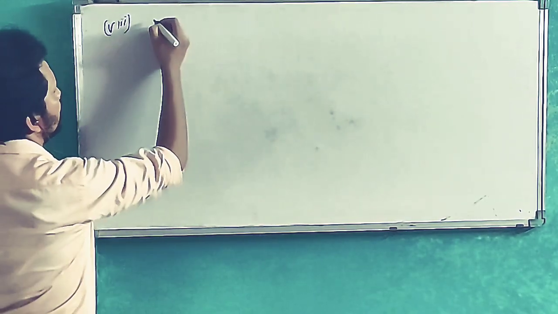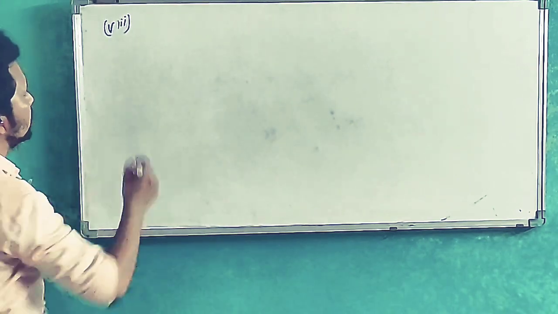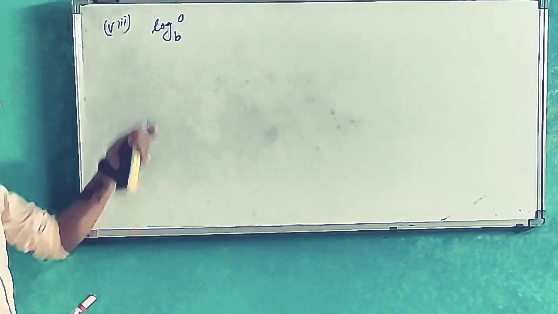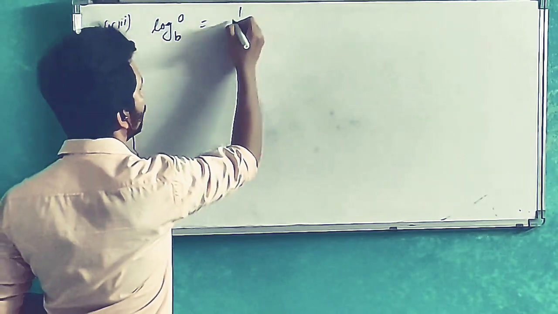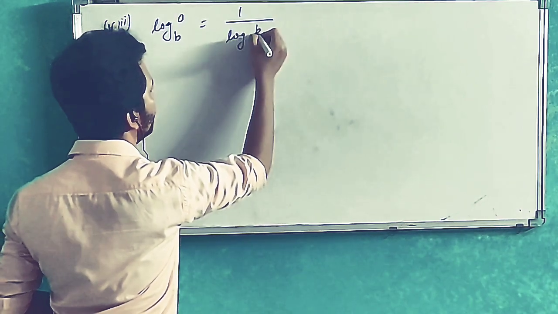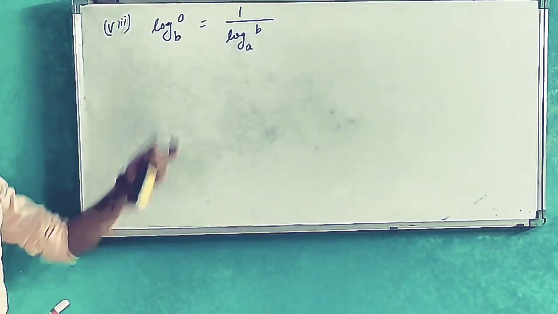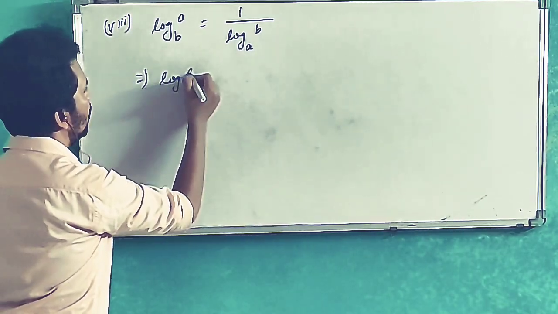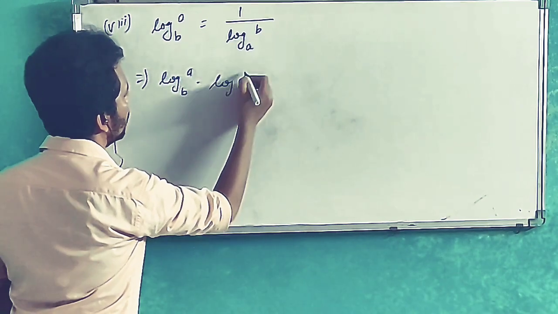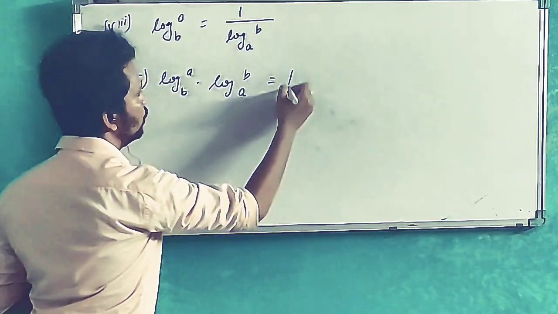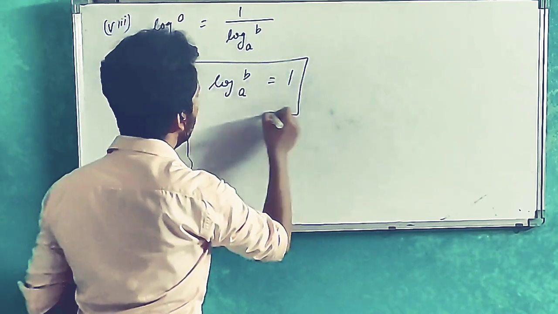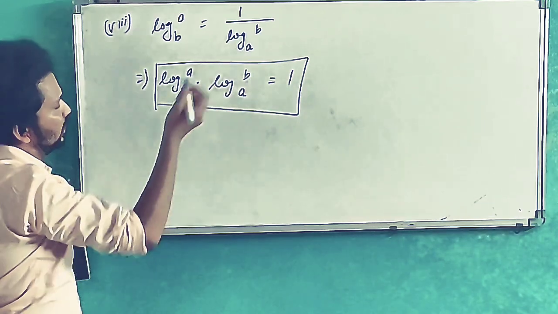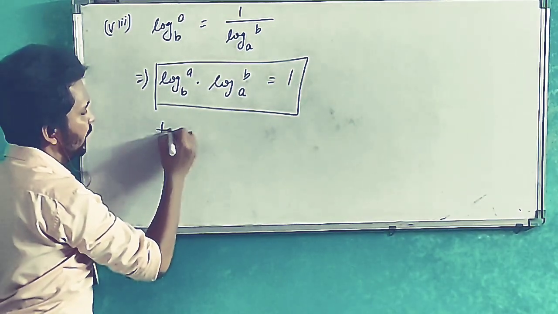See, this property can be written in two ways. Like, log a base b is equal to 1 upon log b base a, and this can also be written as log a base b into log b base a is equal to 1. This is my seventh property, and the proof of this property is like, I am taking